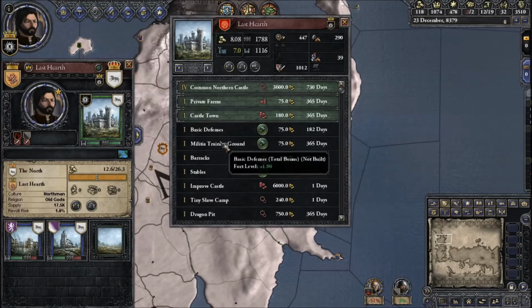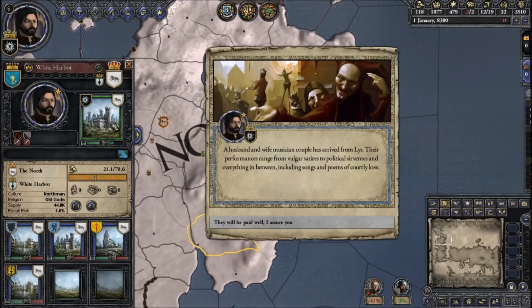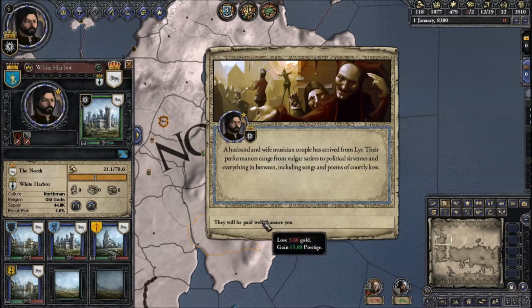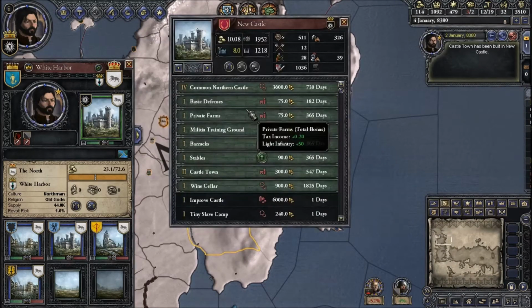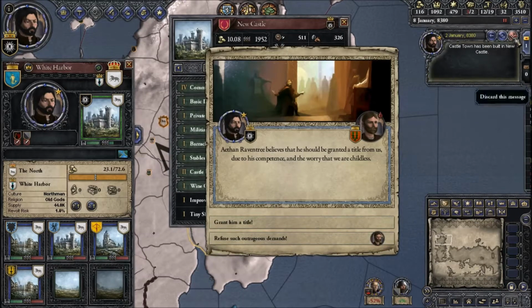So let's see, we were also working on improving our holdings. I believe that White Harbor was the furthest behind. As soon as this autosave is done, we'll take a look. We were saving up to get the castle town. I don't recall if we actually got it. We'll see here. We did not, because...